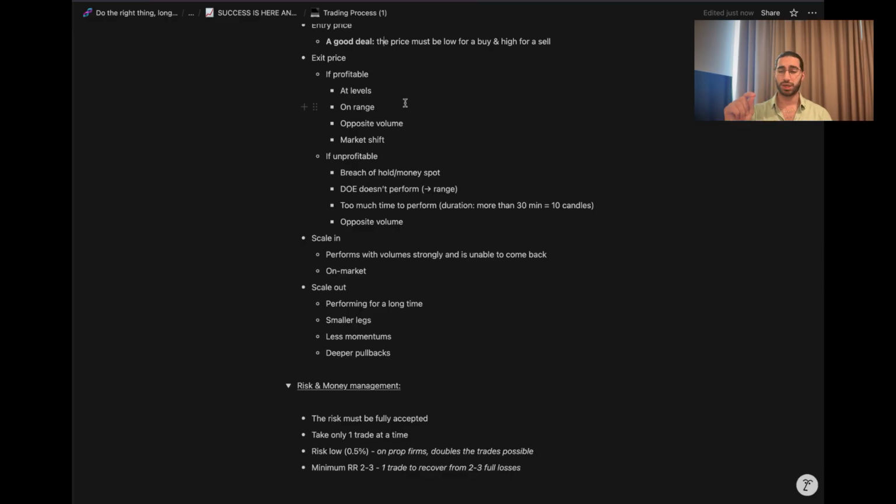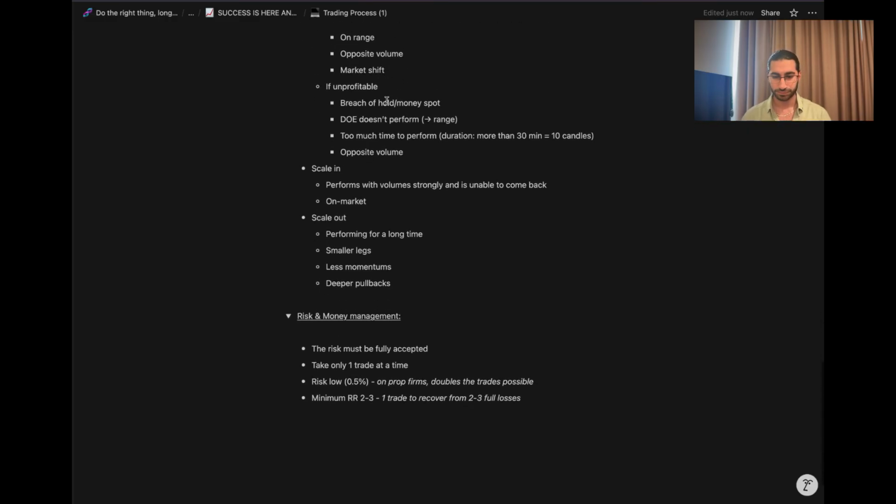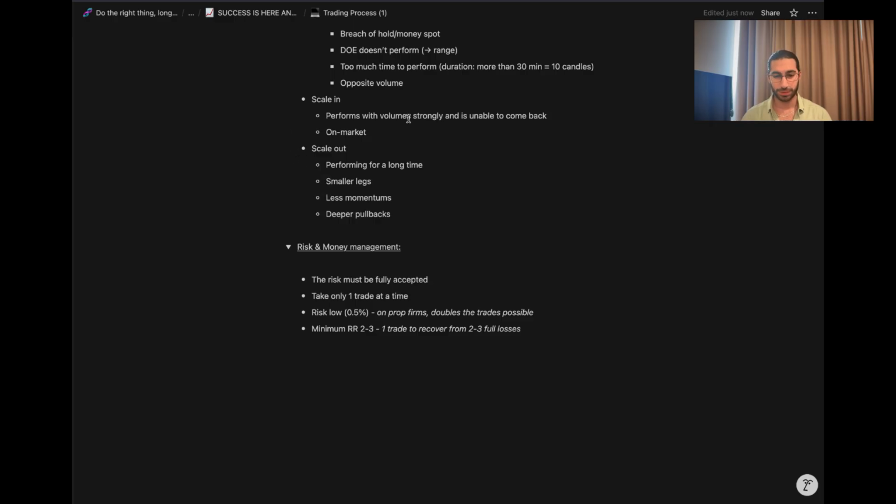And if the price goes against them, usually people, to avoid pain, they hope. They get more and more optimistic that the price will go with them. Wrong behavior. You close that trade, you close it. Okay? And then I talked about scaling in, scaling out, and scaling up. And then, of course, you want good risk management. So the risk must be fully accepted. When you take a trade, you need to fully accept the risk. Why? Because if you don't fully accept the risk of losing that amount that you risked, you'll be biased, you'll act irrationally. You don't want to do that.